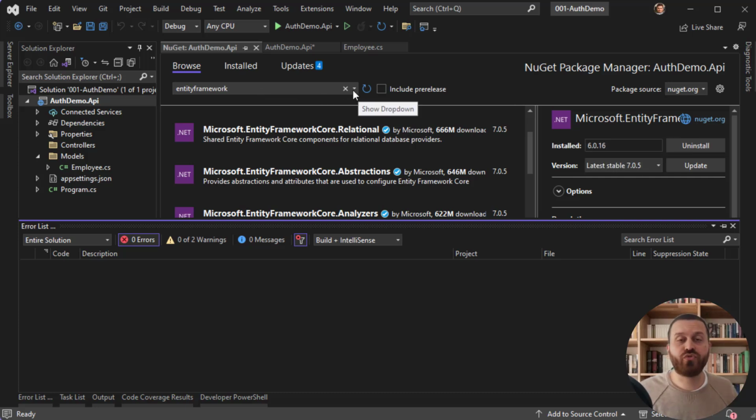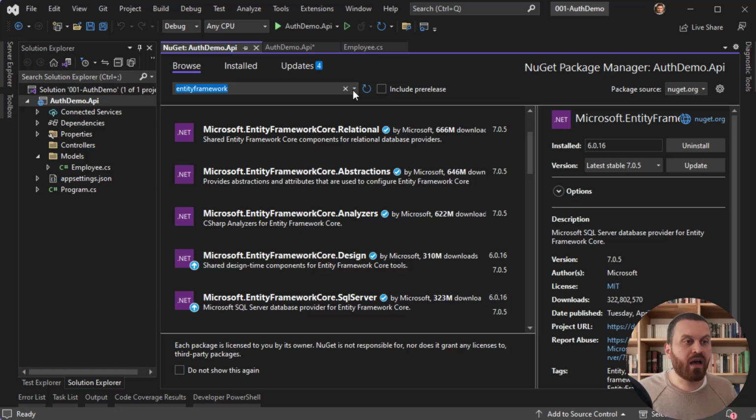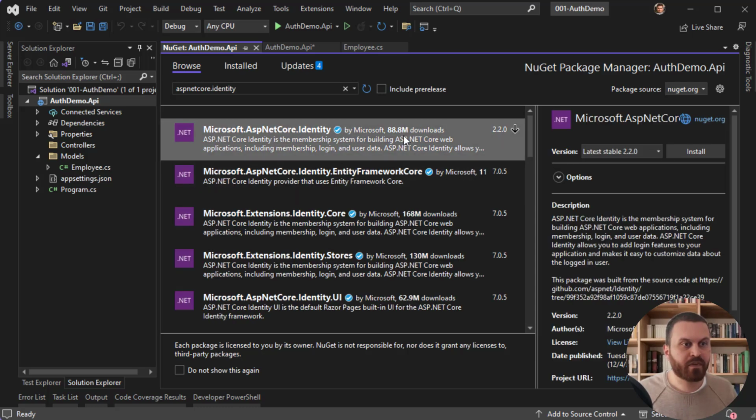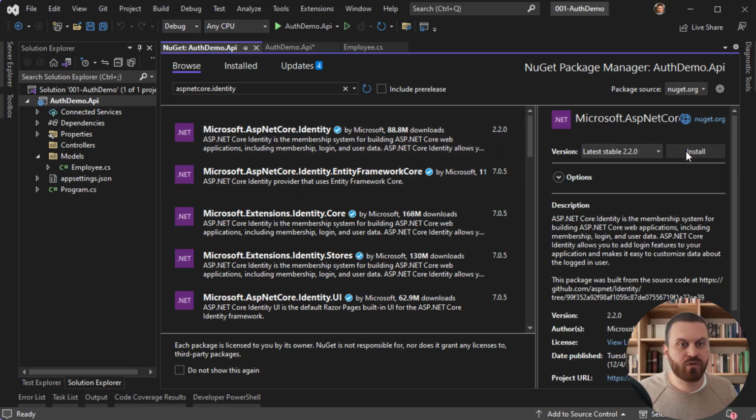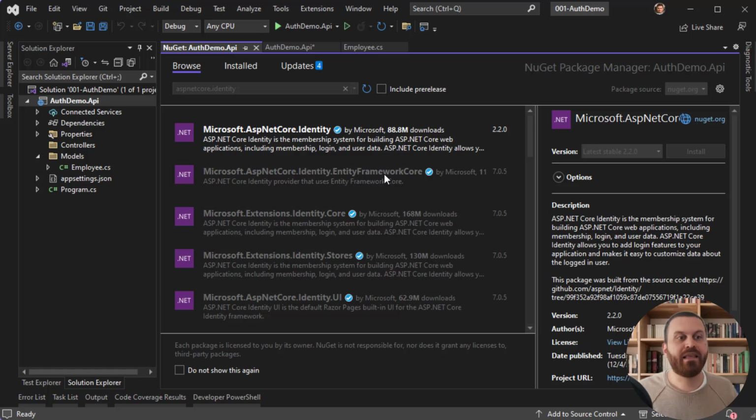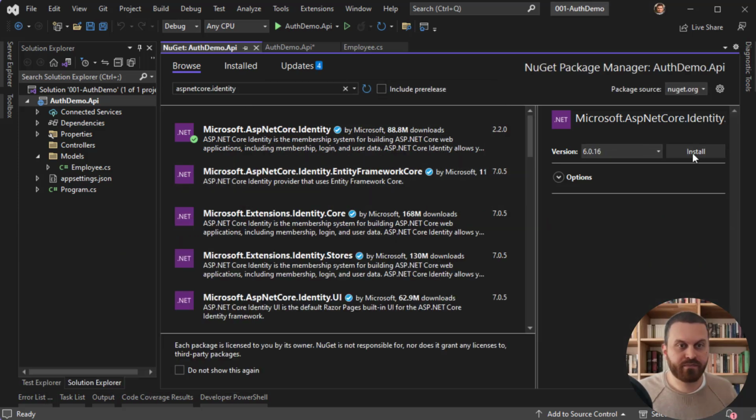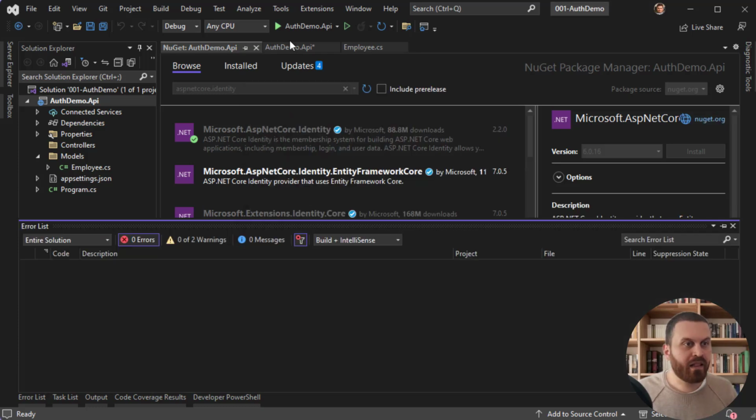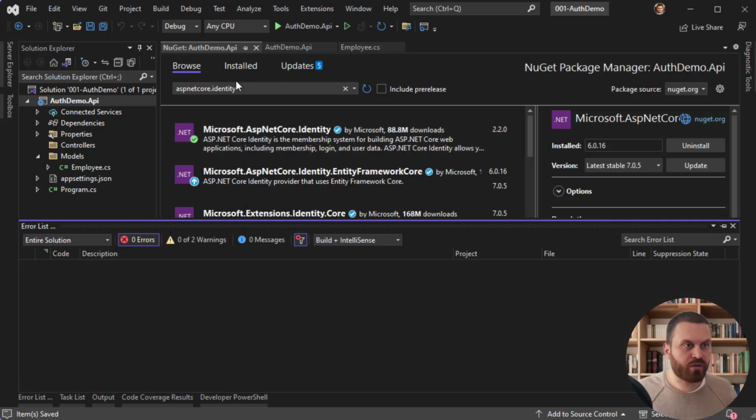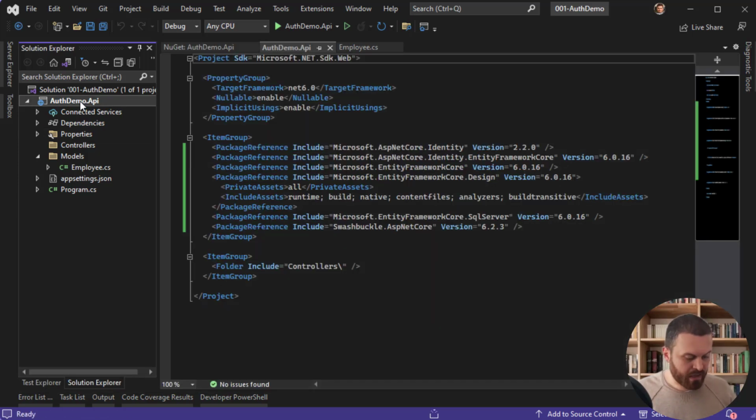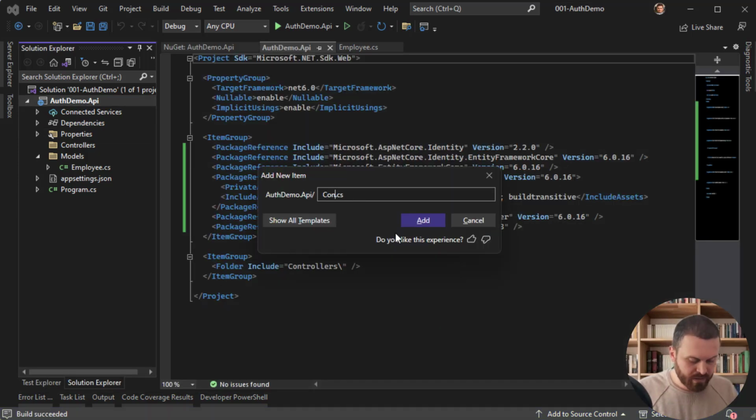Because I'm going to create identity database, I need to have ASP.NET Core Identity. I need to install ASP Core Identity and ASP Core Identity Entity Framework. Let's go back to the project, build everything, and create the context. I'm going to create a contexts folder,